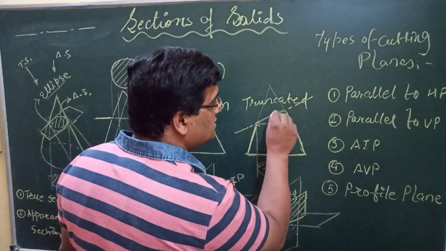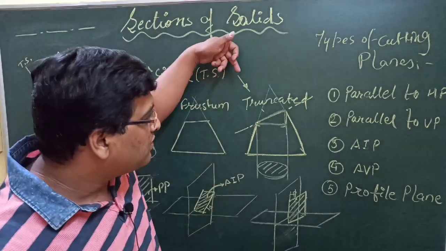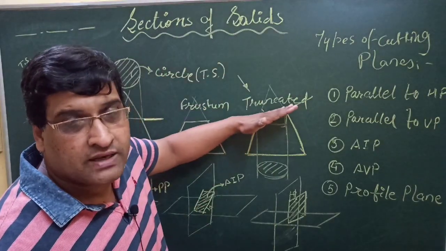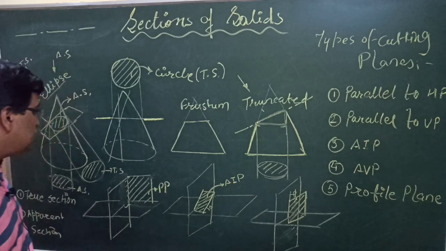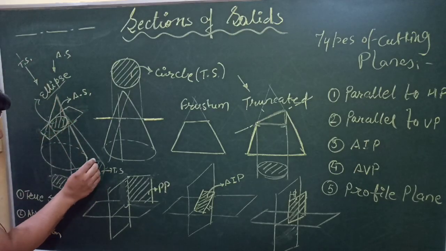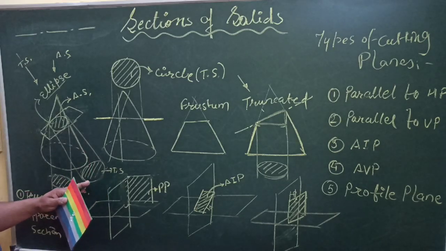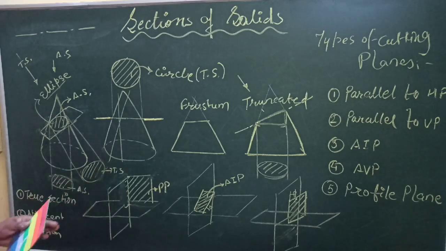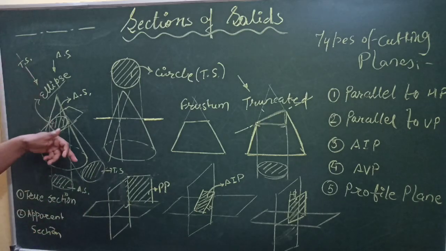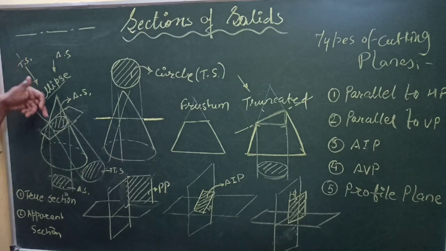So you can see this actual length from the direction which is perpendicular to this cutting plane. So you have to draw another view from the direction perpendicular to the cutting plane so as to draw the true shape of the section. And this is nothing but the auxiliary planes method. That is why we have already attempted it, right? So to find out the true shape of the section, you have to consider the direction perpendicular to the cutting plane and draw the true shape. So this is apparent section, this is true shape.